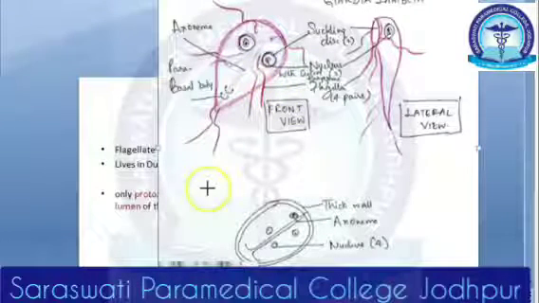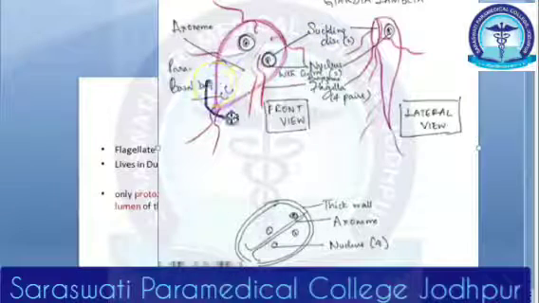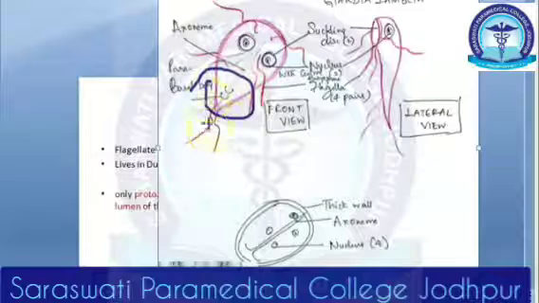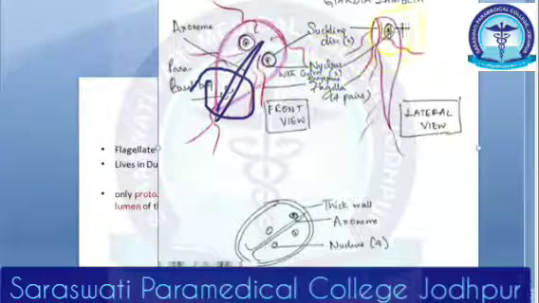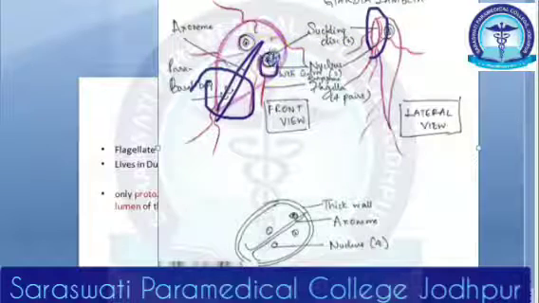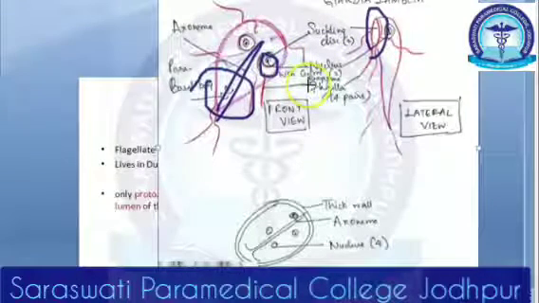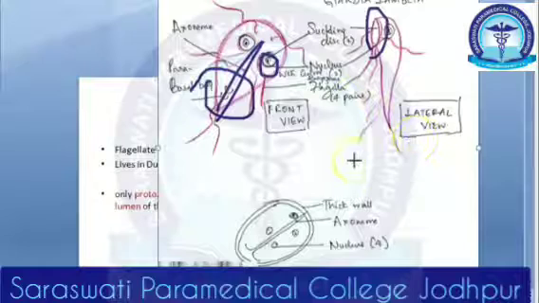So there are 4 pairs of flagella, 2 nuclei in the trophozoite, 2 median bodies, also called basal body, parabasal body or median body. Then 2 axostyles will be there. Then this is the sucking disc. You can see this is the nucleus. In the center there is a central karyosome.